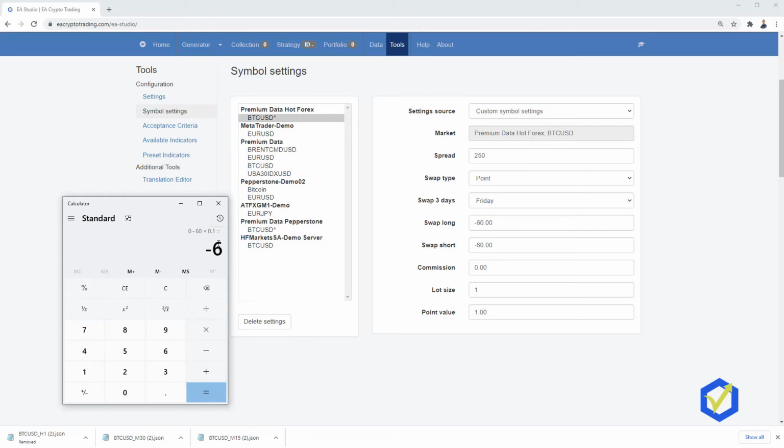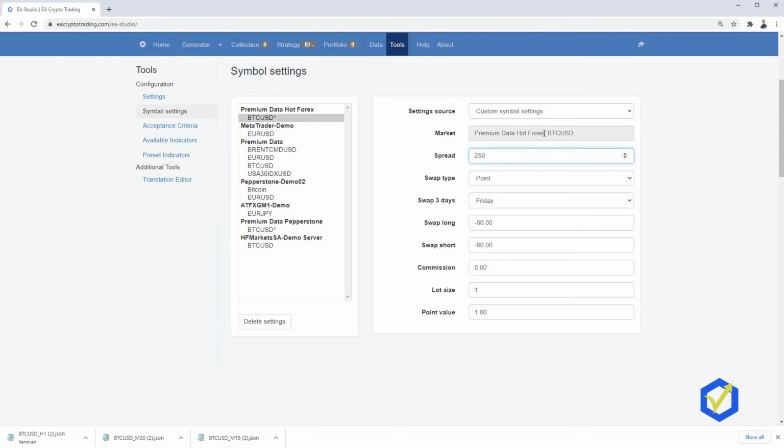Okay, it's the same value as what we have with Hot Forex on MetaTrader. So this is how I have made this historical data from the historical data app work on Hot Forex, and now I'm ready to use it in the AI Studio, which is the best tool out there on the market